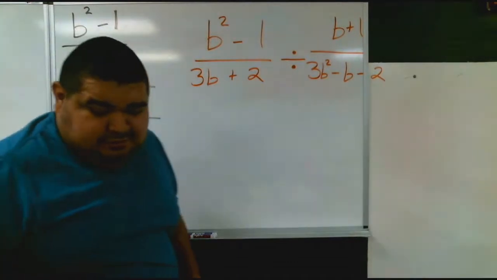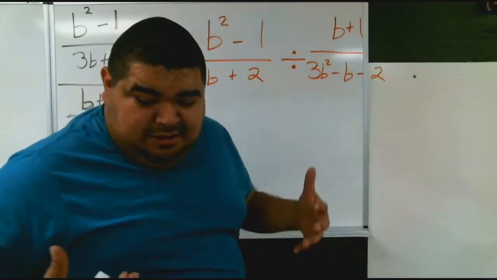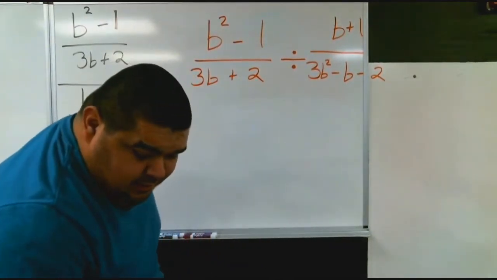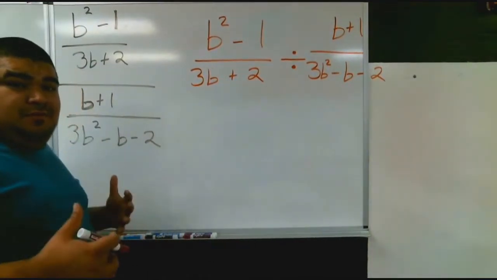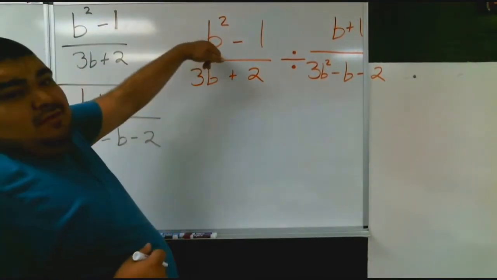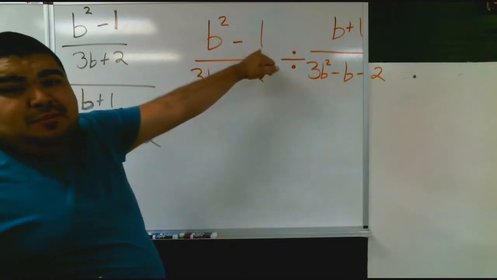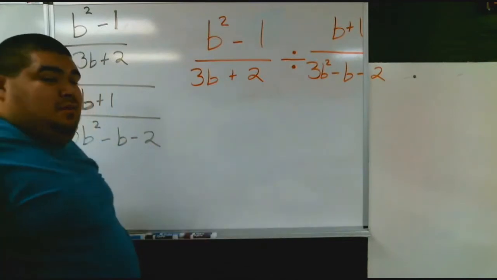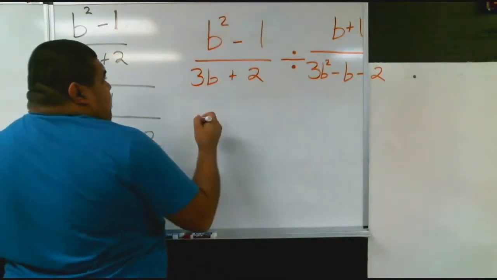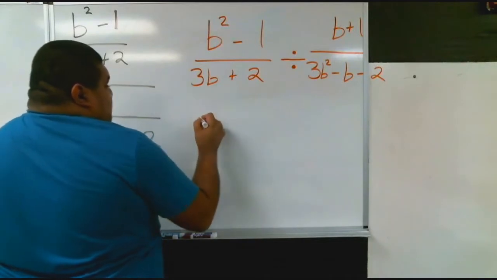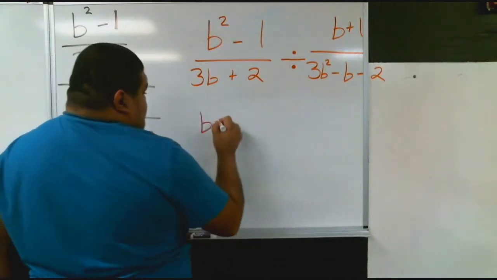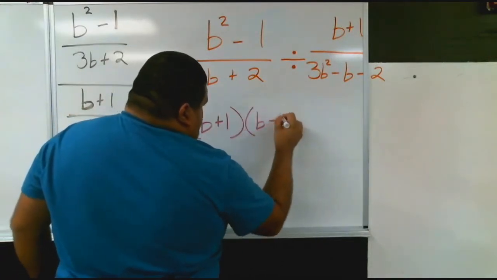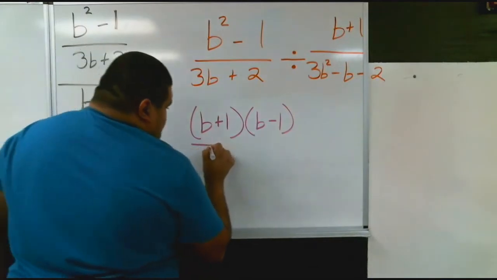First thing to do is break it down, to make it a lot easier on ourselves, by rewriting it. If you remember from last class, when we have any variable squared minus a perfect square, all you have to do is break it down into two pieces, one positive, one negative. So we're going to rewrite the top as b plus 1 and b minus 1, over,